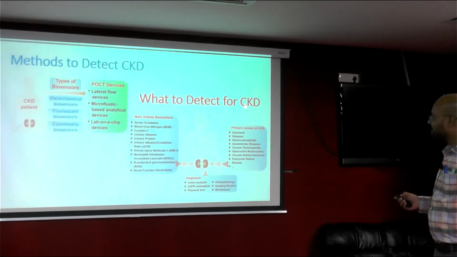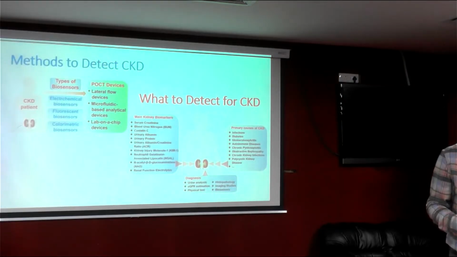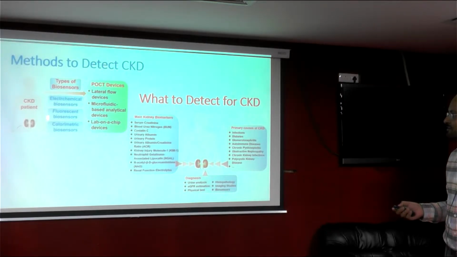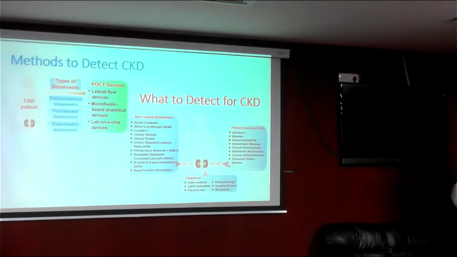And what to detect in a kidney test? You have a sensor, but inside the sensor you have many sensors. These are all broad sensors: electrochemical sensor, fluorescence sensor, and colorimetry sensor. But inside this sensor, what will you detect? You can detect